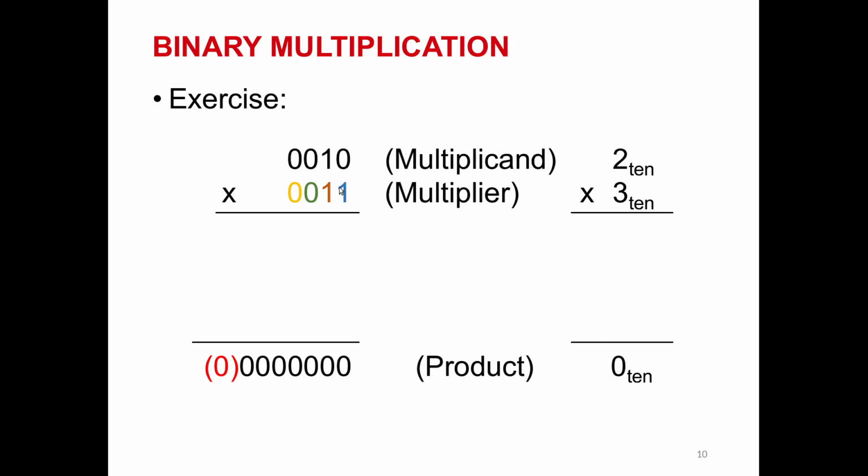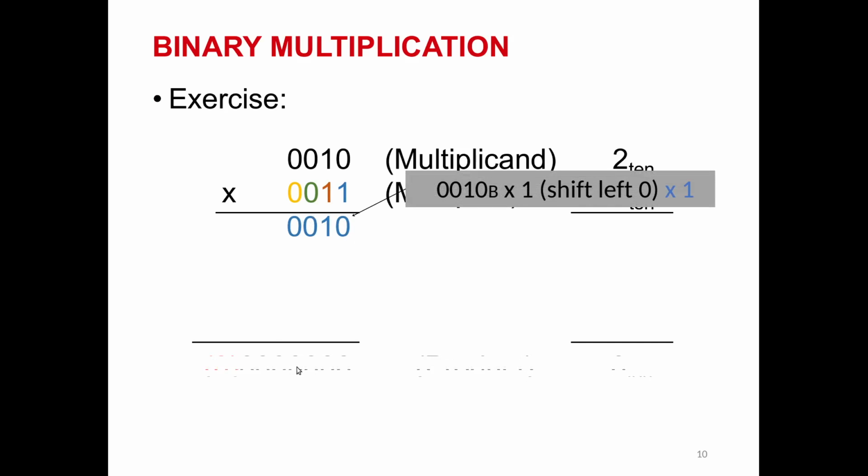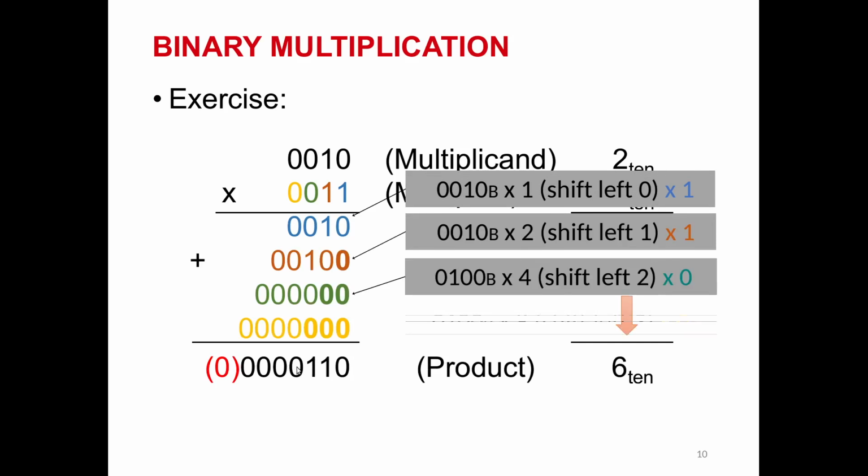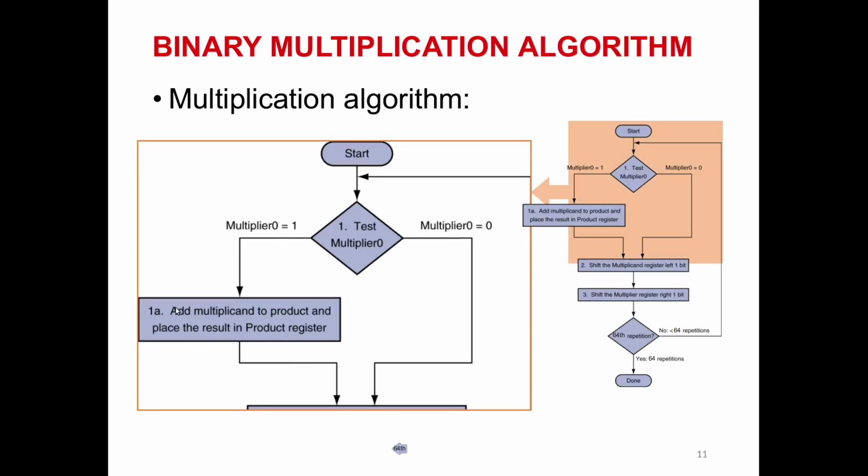If the value is 1, we come back here, we test this bit value. If it is 1, we have this value as the multiplicand, and so we need to add this value, or the multiplicand value, together with the product here, so you can see it. So here after we test this bit, if it is 1, we will add the multiplicand to the product and place the result in the product register, and then we will go down here.